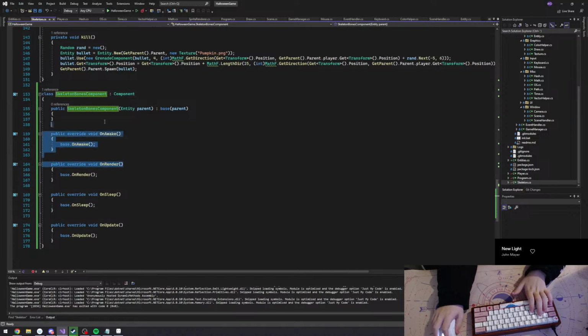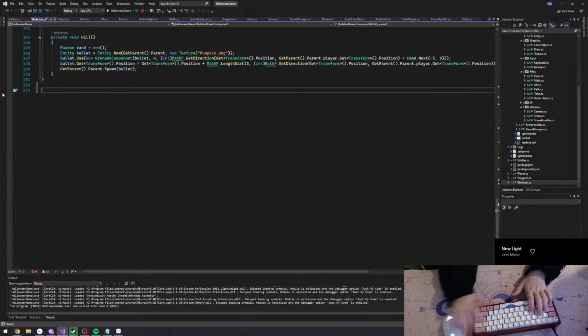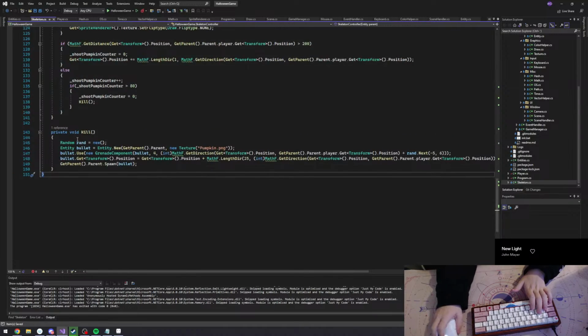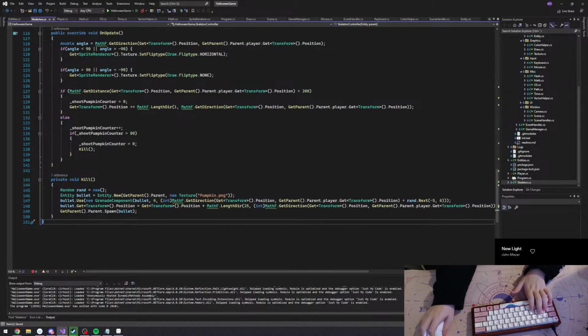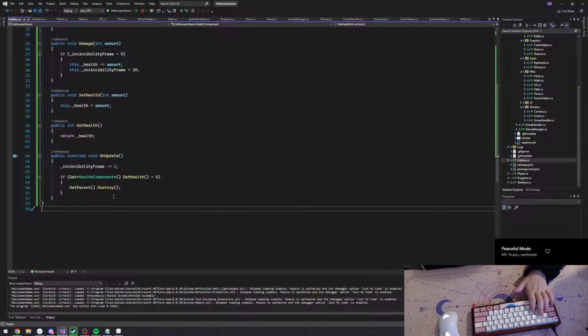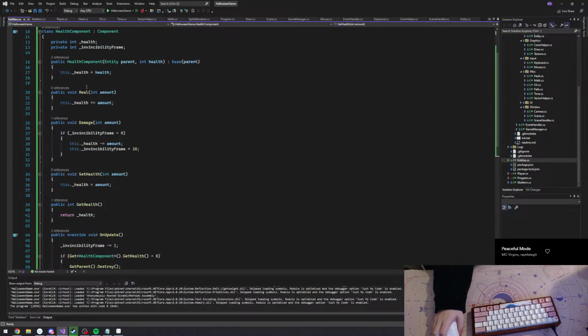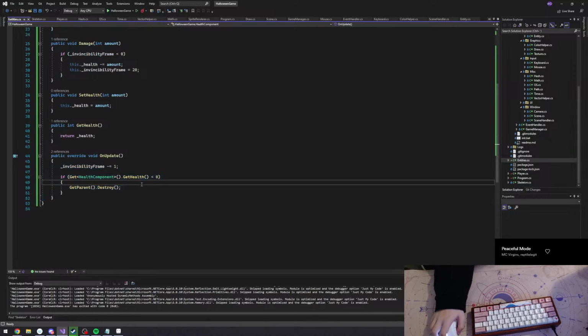And basically what the skeleton, no, it doesn't really need that. It just needs that when it dies, which is here,